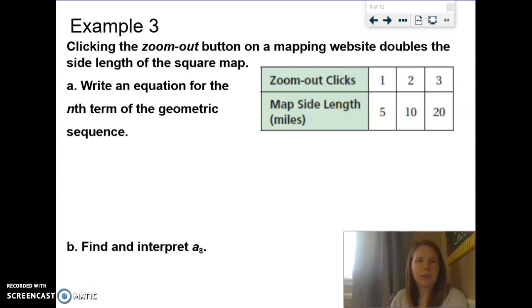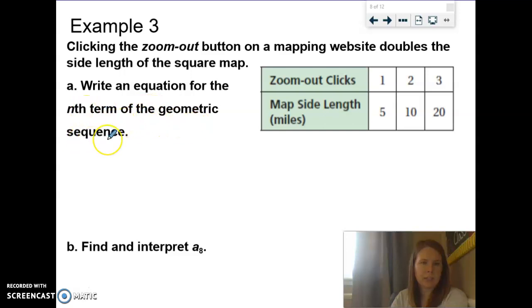So example 3 says that clicking the zoom out button on a mapping website describes the side lengths of the square map. You can see this even if you're pulling up the GPS on your phone or pulling up maps and you want to zoom in or zoom out. What they usually do is double the side lengths when you zoom out, or zoom in twice as much. So the first thing they want us to do is write an equation for the nth term of